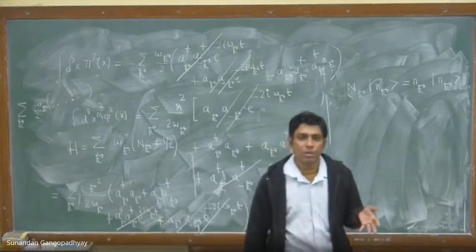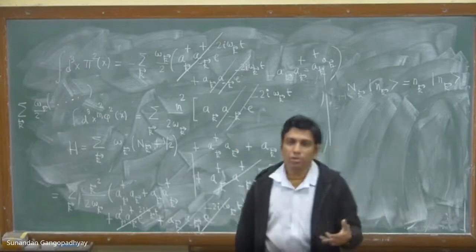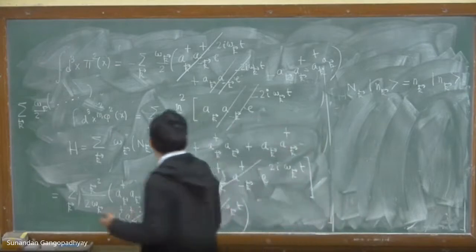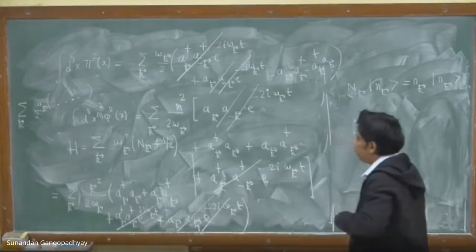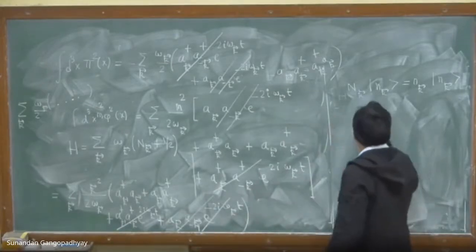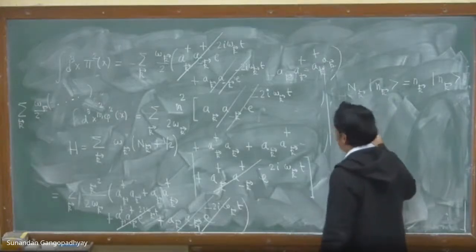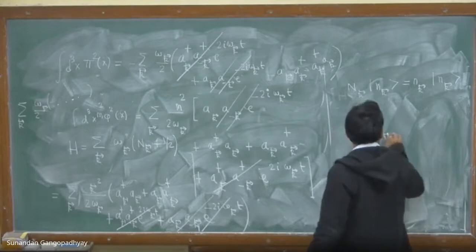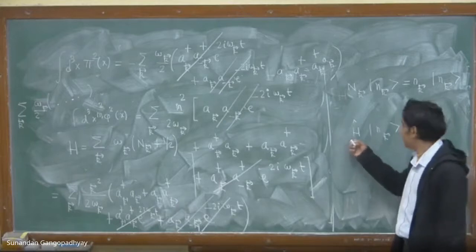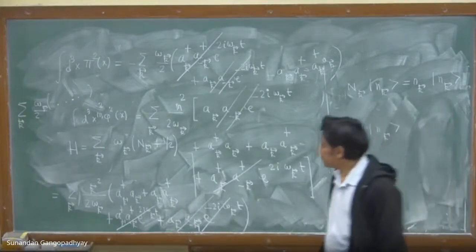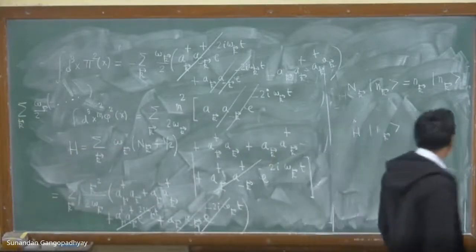You can just forget about this 0-point energy for the time being by a formal procedure which is called normal ordering. What does it say? It says the following: you can consider any state for that matter, you just take Nk, right? Suppose you have a state Nk and you want to measure the energy of that state. Just operate it with this Hamiltonian operator, and you will get a result.